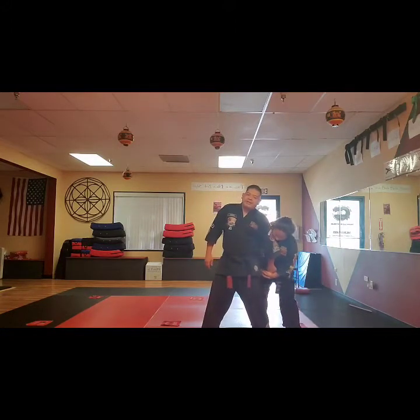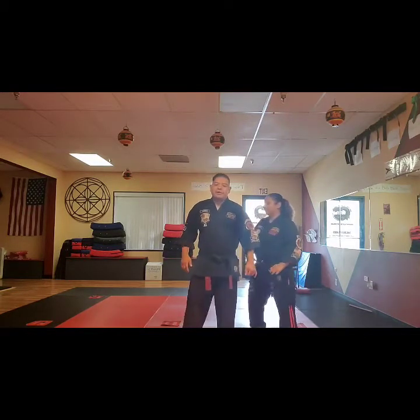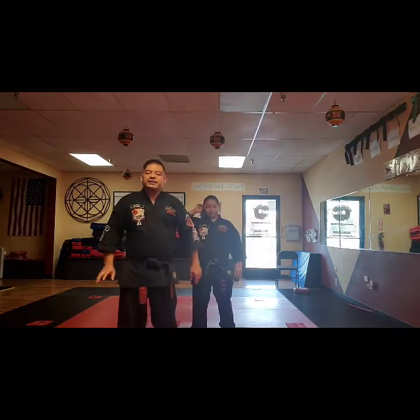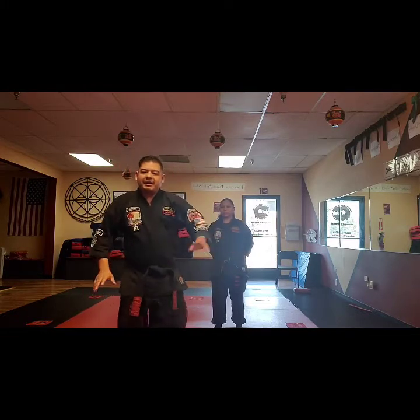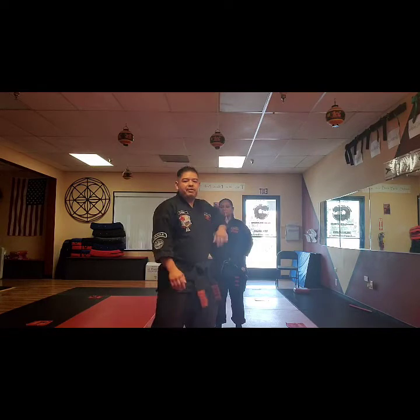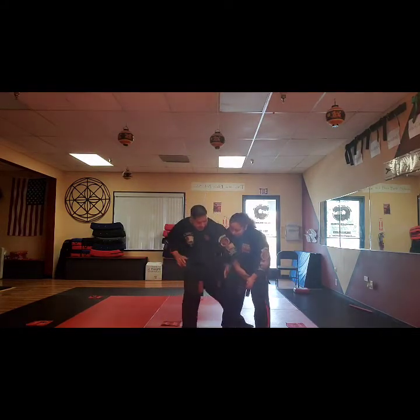I'm going to try to maintain that grip and pull her in, or the attacker, okay? So just keep that in mind, everyone. That's a fun little drill you can play with that footwork, where if I get behind the leg, I really have control of them here, and then I can rip on the way up. So as we know from this point here, once I get behind her leg,